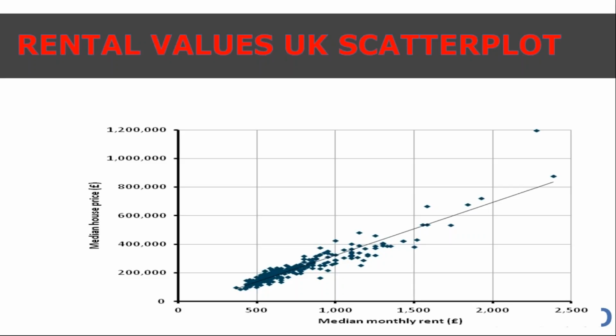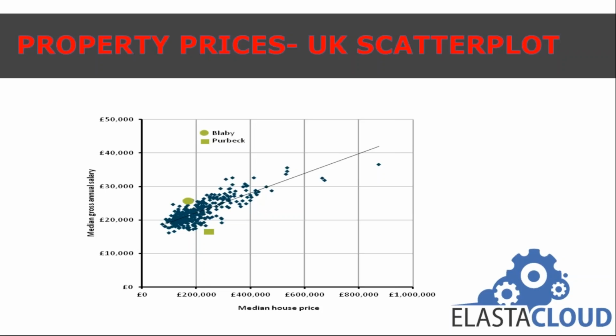What you can see there is that this is looking at clusters, and there's a big cluster of houses that are worth around £200,000 and maybe rented at about £550. So scatter plots give us this view, and within ELASTACLOUD we use them all the time. Our data scientists are looking at this type of graph all the time, looking at cohorts and spotting relationships within that data.